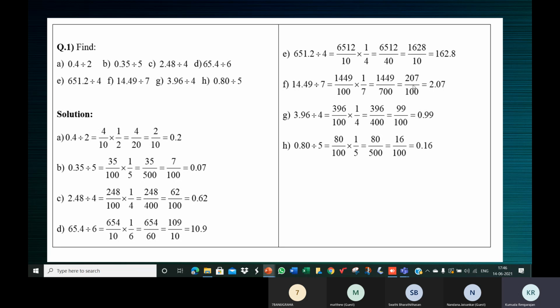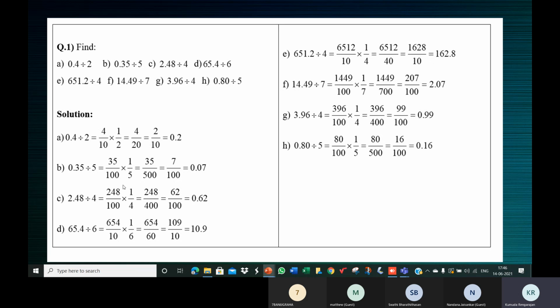Now, one more doubt is, what if we simplify? What will happen? If you simplify further, you will get a different denominator other than 10 or 100. So maybe you get 50, 40, something like that. Then what you have to do? You have to do the division. You will just take a little more time to get the answer. When you perform the division, you will get the same decimal value. The answer will not change.